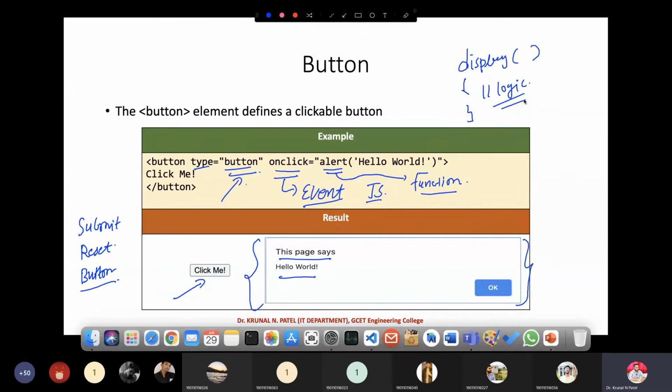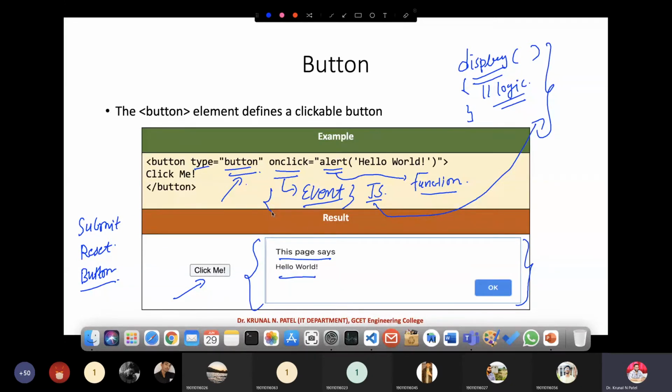That particular display function is going to be called, and this display function I need to define in the JavaScript, right? So whenever we are going for event handling, at that time you go for the button type.